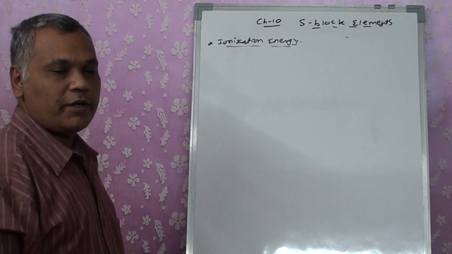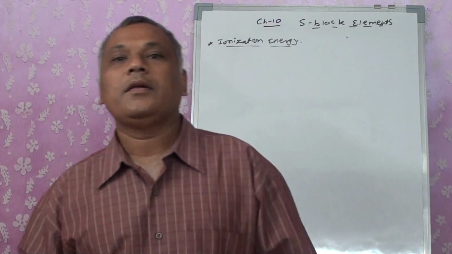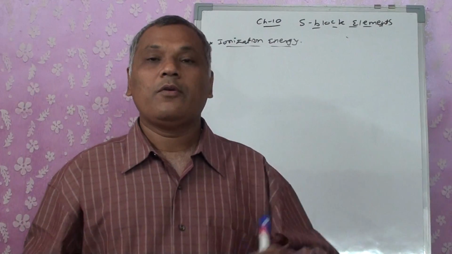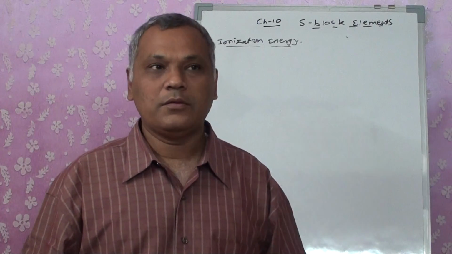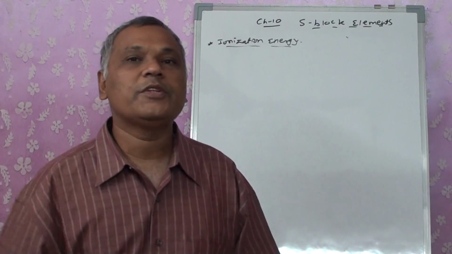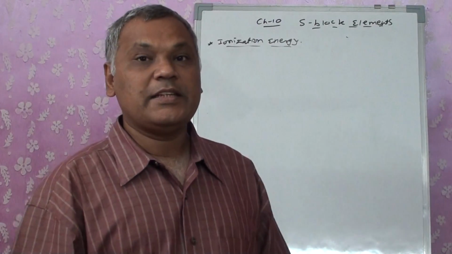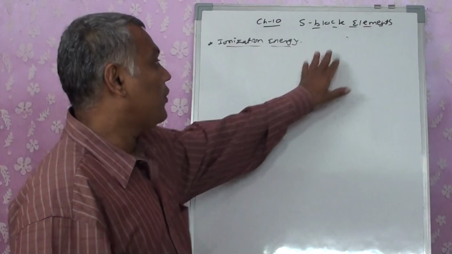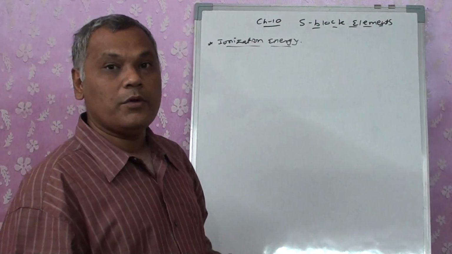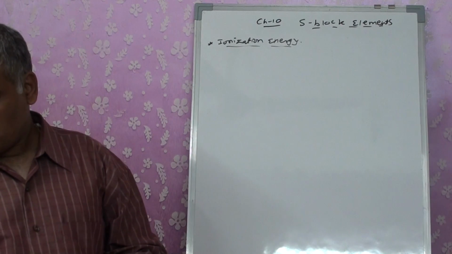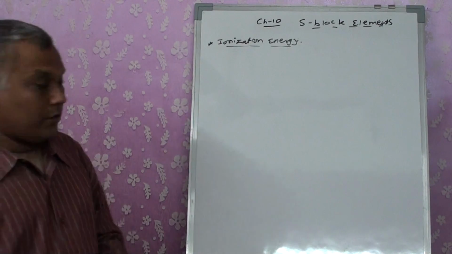See, all these points we have already discussed in the form of general trends in chapter number 3. Right? Here we are studying it specifically for blocks, that means S block, P block, D and F. We will be having S block and P block in the 10th and 11th, with only 2 of them as P block. The rest of the periodic table you will be studying in the standard 12th. So it is necessary that you should know the complete periodic table, right? In the third chapter itself I told you to keep on learning the complete periodic table, step by step.